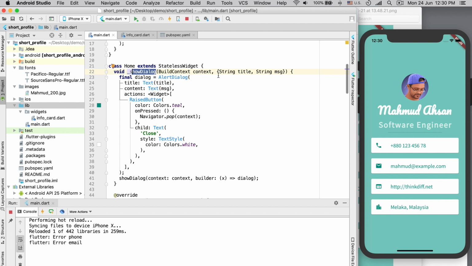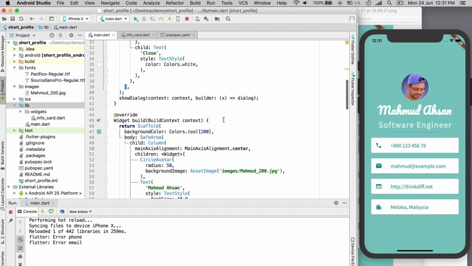And here you have to pass 3 parameters. One is the context, build context, and the other 2 are the optional string title and string message. So context is basically a fundamental and required parameter in the widget. You see many cases where there is a context, like when you create a widget build, you will see that build context parameter. Basically in Flutter, every widget contains other widgets, and this build context,